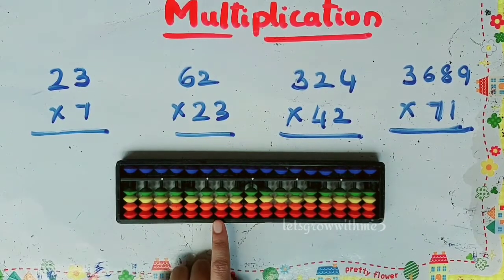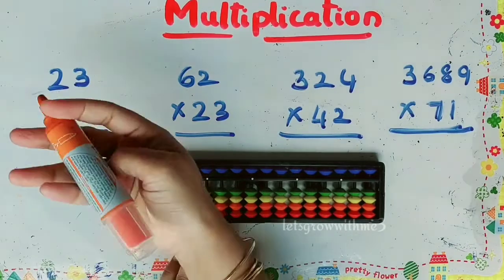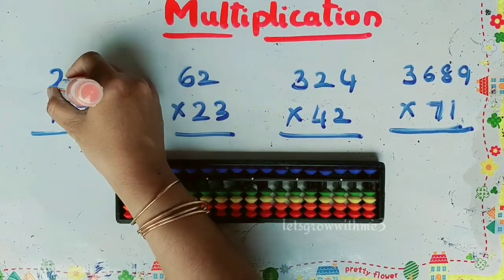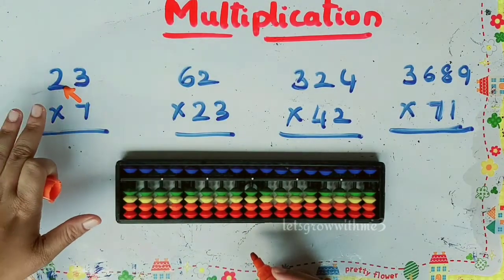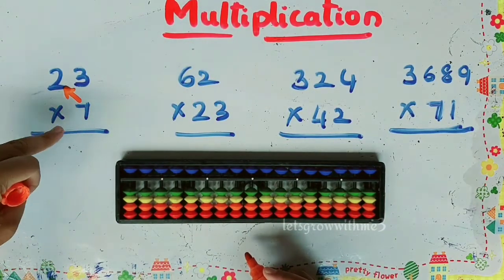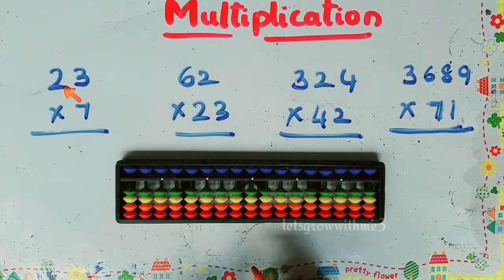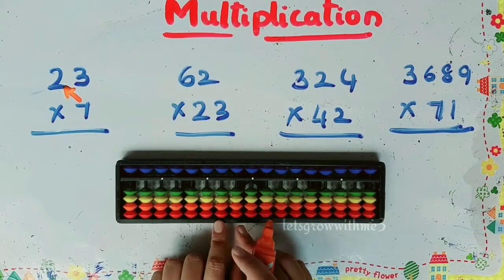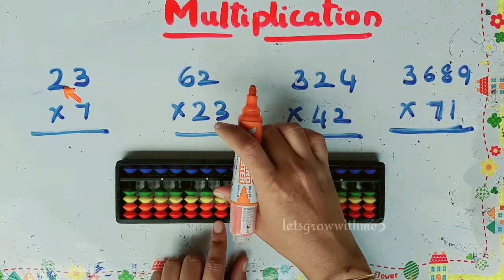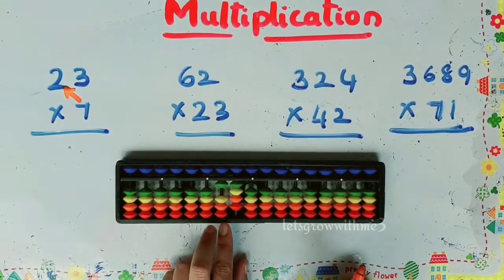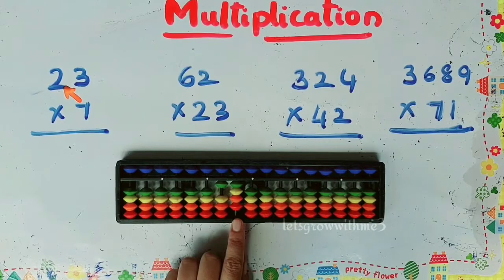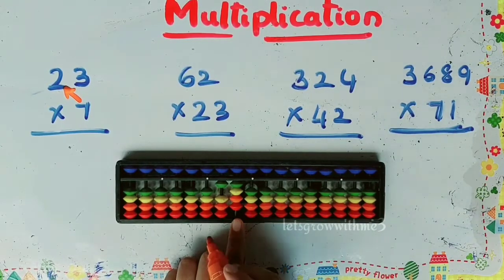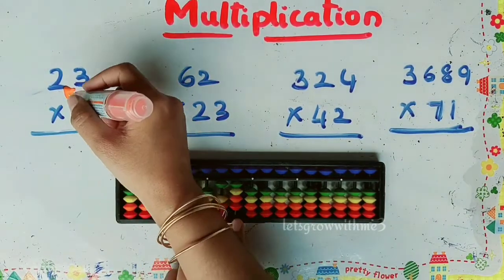So let's start. First we need to see how many digits are participating in the multiplication. That many columns we need to choose. So total 3. So we need to choose ones, tens and hundreds columns. First we need to multiply 7 times 2. In normal math we used to do from units place, whereas here in abacus we will do from the left hand side. So 2 4s are 14. So set that 14 on hundreds and tens columns, 1 4 14, and then we are left with the ones column.